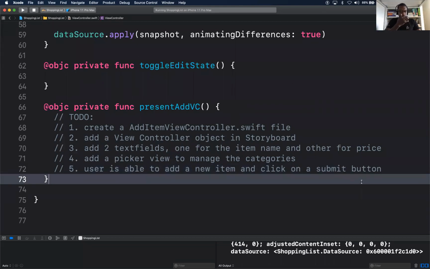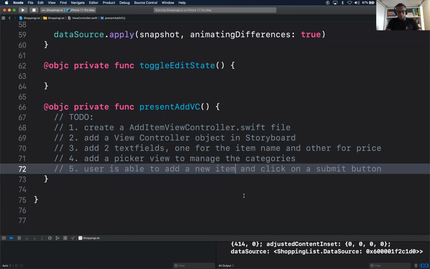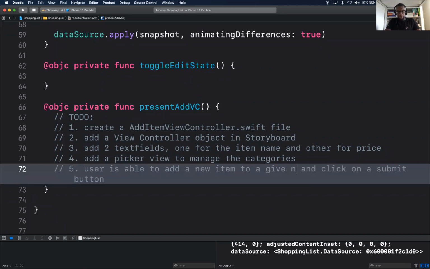My view dismisses and my item is added. So the user is able to add a new item to a given section or category and click on a submit button.